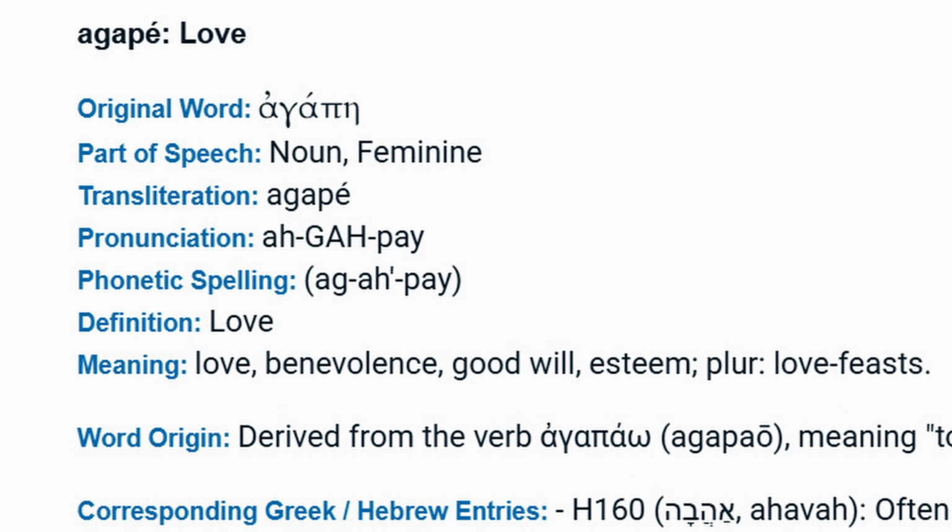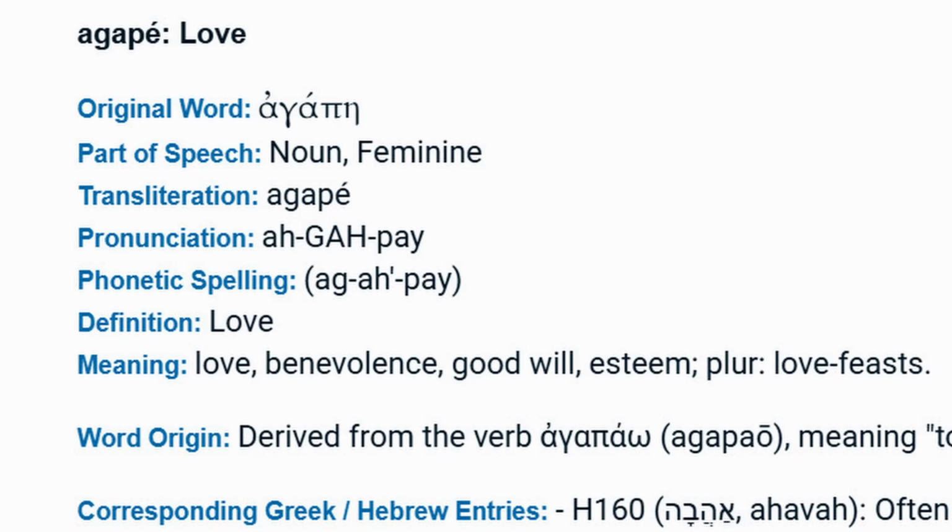Notice how agape has three syllables, a, ga, and pe. Notice how the pronunciation entry shows the breakdown of the three syllables and that the second syllable should be stressed. Since the second syllable is capitalized, it's the syllable which is stressed when spoken. Hypothetically speaking, if the accentuation stressed the first syllable, it would appear in Strong's like this and be pronounced agape. If the accentuation were on the last syllable, it would appear in the pronunciation guide like this and would be